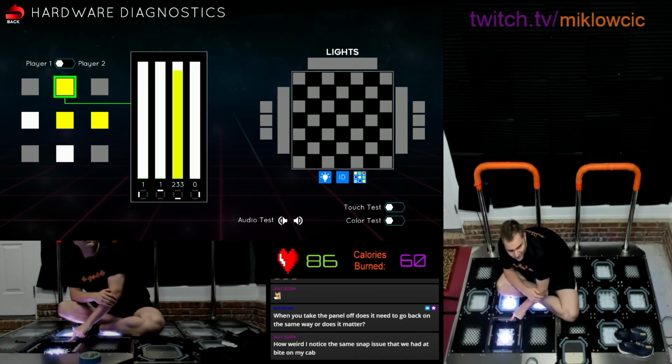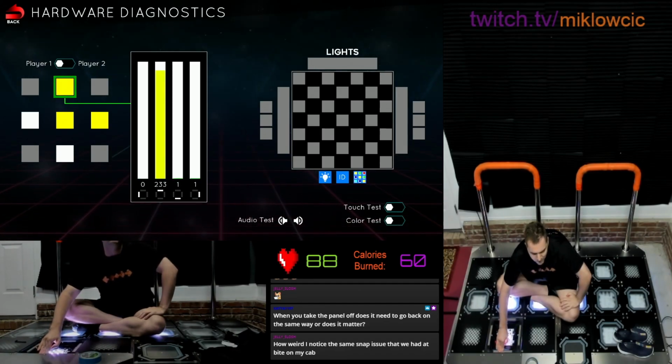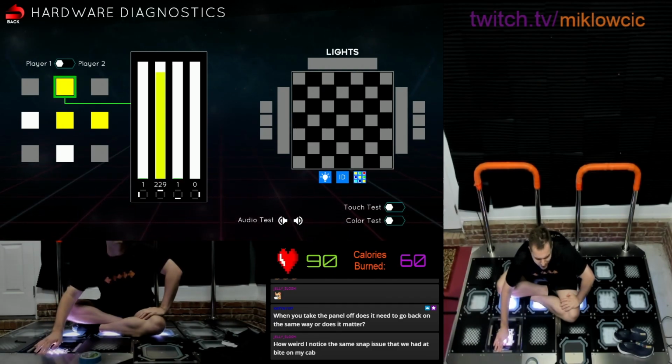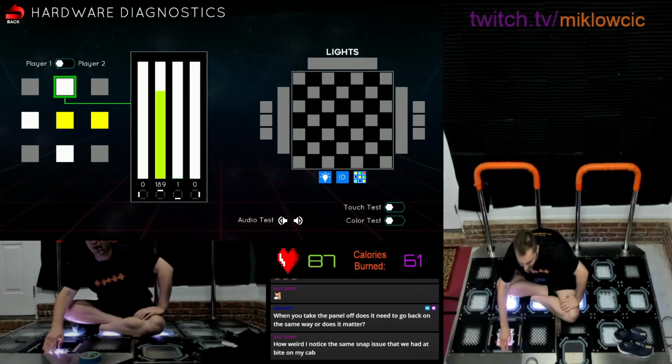Also to be noted, when you're touching the sensors with your finger, make sure that the values are snapping back to zero instantly when you release. You should literally be able to press it with your finger, see about 220, and then release your finger and have it go to zero almost instantly. If this isn't happening, it could be a sensor issue and you should try a replacement sensor to see if the issue gets fixed. Once you've ruled out any sensor issues with the finger test, it's time to tape mod